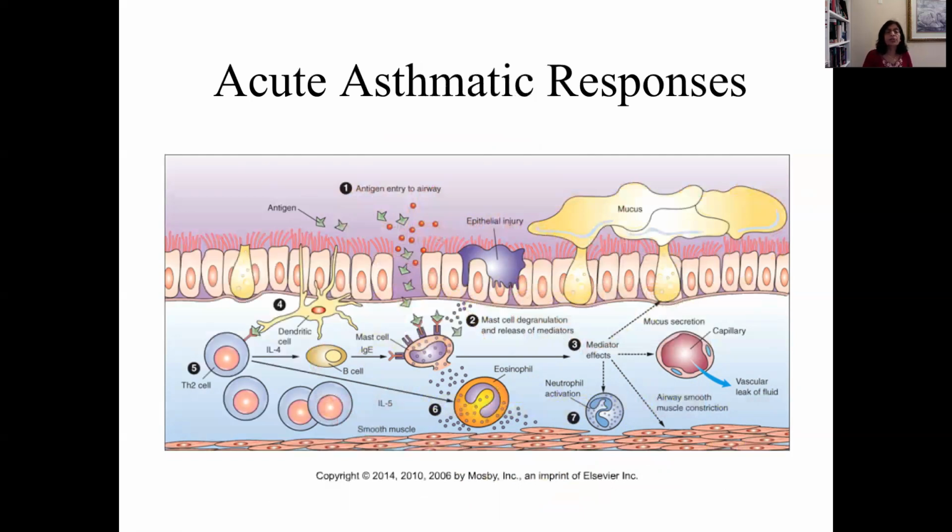Antigen entry to airway. Okay, follow the numbers here. This is the airway, by the way. You're looking at the pseudostratified ciliated columnar epithelium, goblet cells here. They're the ones that secrete mucus. Now, let's take a look at it. Antigen entry to the airway, and now